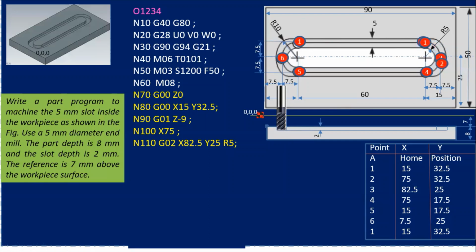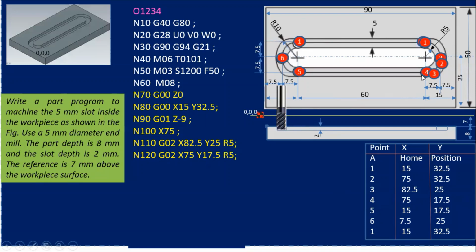Okay. Now it will move from 3 to 4. अब यहाँ से 3 से मूव के 4 पे जाएगा. So I want coordinate of 4. तो हमारे पास 4 के coordinates already were written. So G02. See why G02? G02 again it is a clockwise direction. Curvilinear path is there. So I will write the G02. Okay, and I have written the coordinates. See here in the diagram it moves. So 3 से लेके अभी 4 तक हम मूव हो गए. So यहाँ तक हमारा कटिंग हो गया.